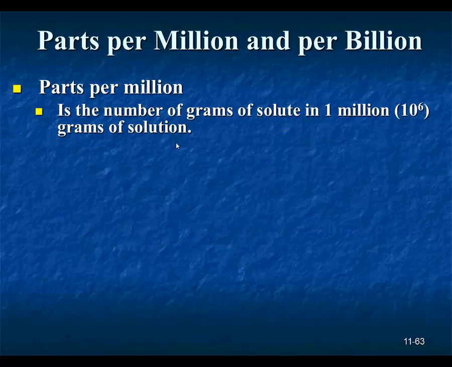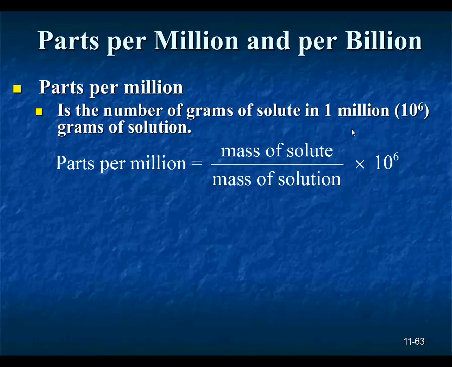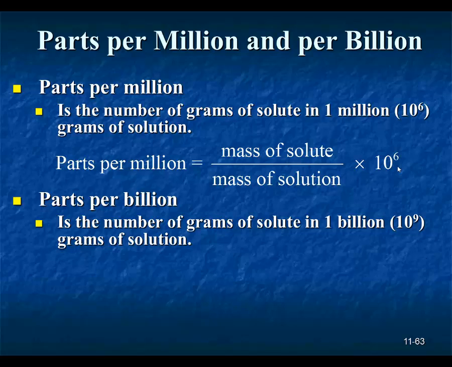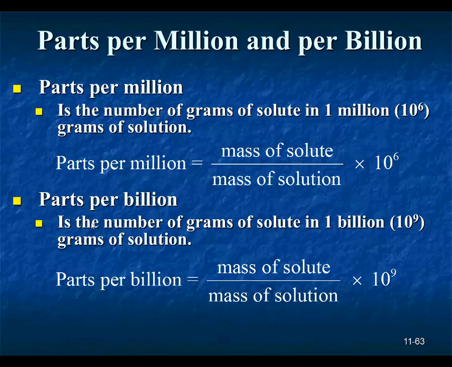Now let's just discuss how to calculate parts per million. This is the number of grams of solute for every million grams of solution. So the way we would calculate that is you just take the mass of the solute divided by the mass of the solution and multiply by 1 million, 10 to the 6th. I'm not going to go through this in any greater detail right at this second. If we calculate parts per billion, it's calculated in a very similar fashion. We're going to take the mass of the solute divided by the mass of the solution times 1 billion,